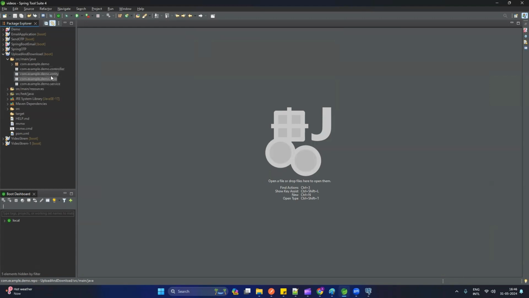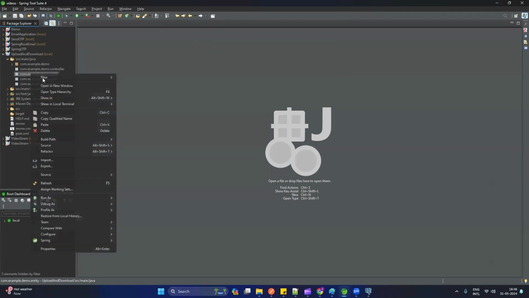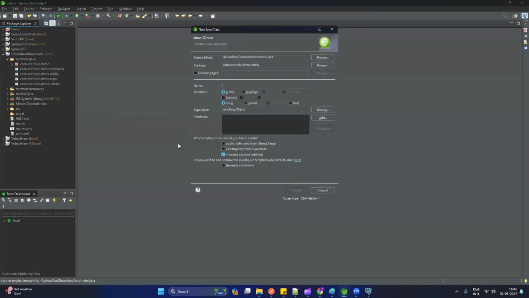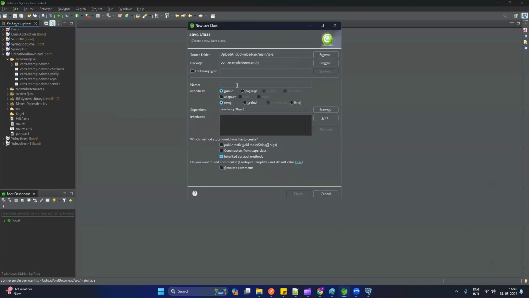So let's start writing the code. So first we need to create an entity. So what is entity? Basically entity is mapped with the table. Let's say we want to store the file, so we need a table called file table, which should have at least two columns. One is file ID and another column is a file, the actual file. Okay, so for that we are going to create an entity called file,